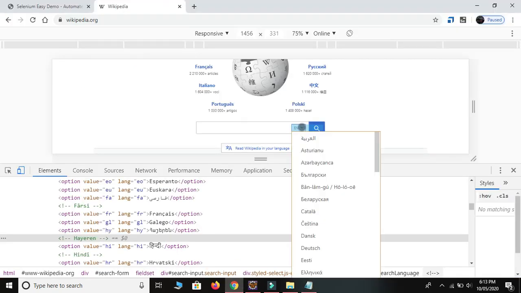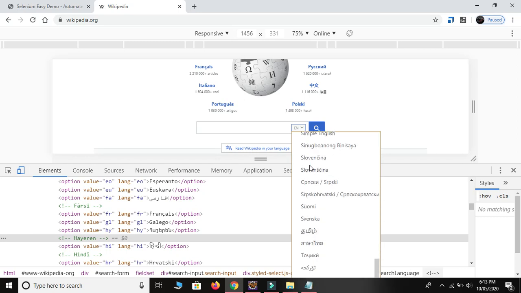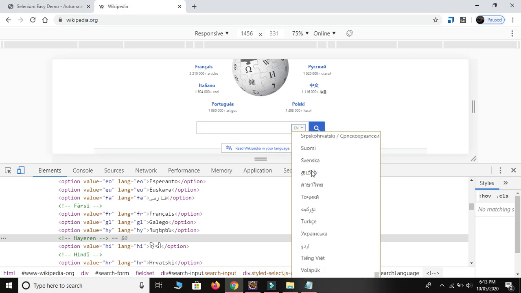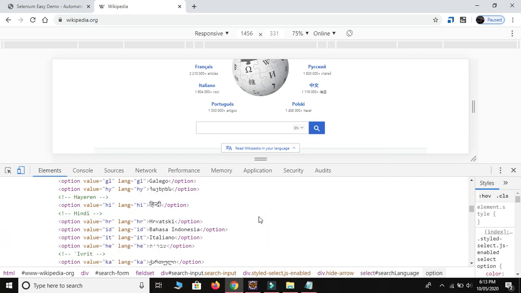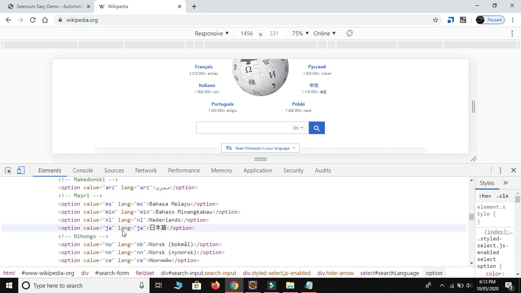So I need to select some, okay, I will select this language. I don't know which language this is, but I will select this one. Let me find out here. So we are going to select this language. This is an interesting language. The value of this language is JA.